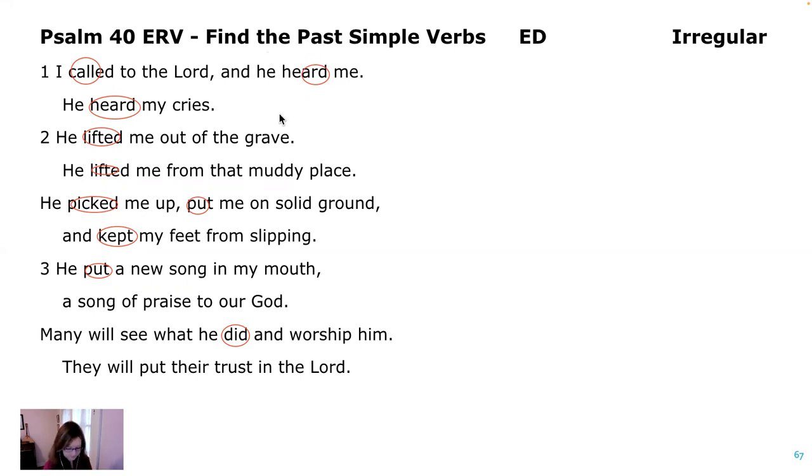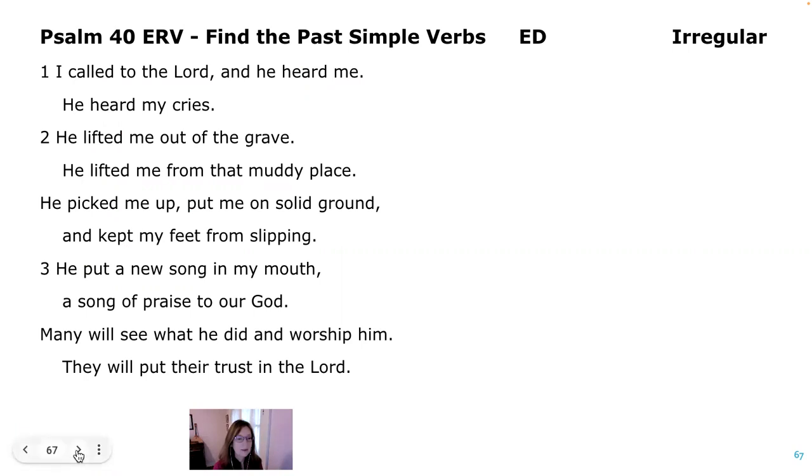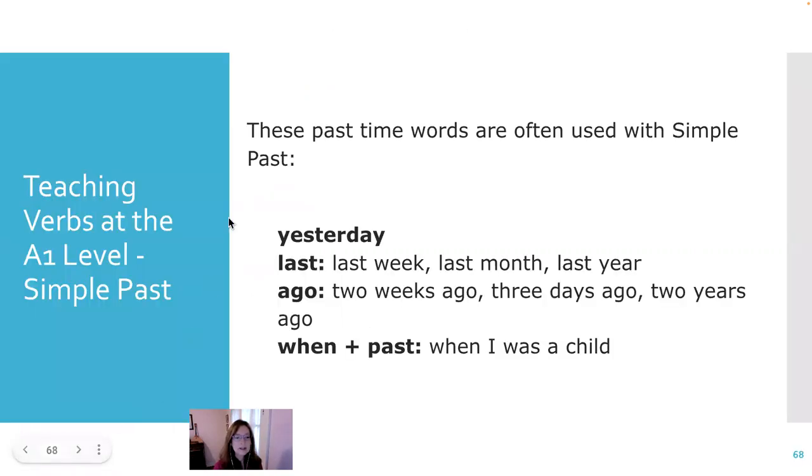Once we've done that, and I'm going to go ahead and clear these annotations, we can start to talk about when we use the simple past and some words that are collocations that go along with the simple past. So the words yesterday, obviously that's a common one. And so when we're talking about this, often I will use gestures as well to indicate yesterday. I kind of point over my shoulder, and I might say something like,